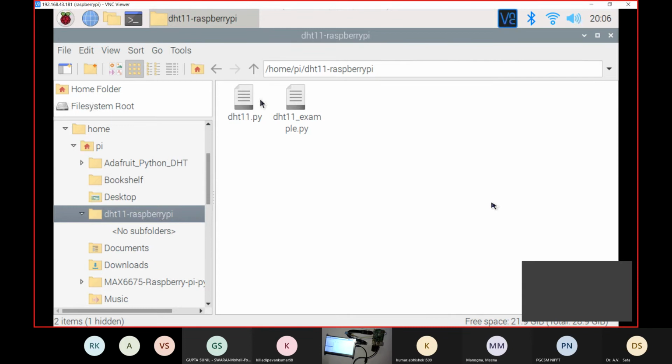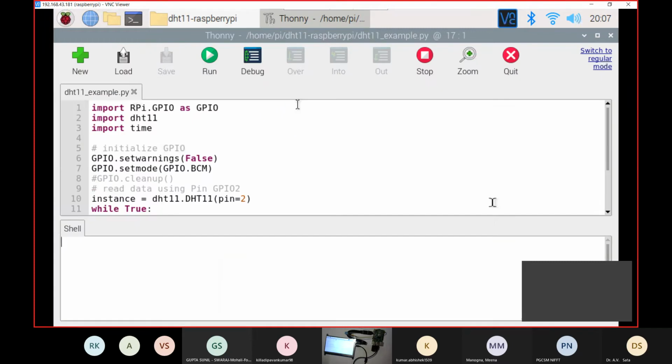There is this section called DH. There are two files over there, which is DHT11 example.py. I will click it. So it will show you a true graphical user interface compiler.